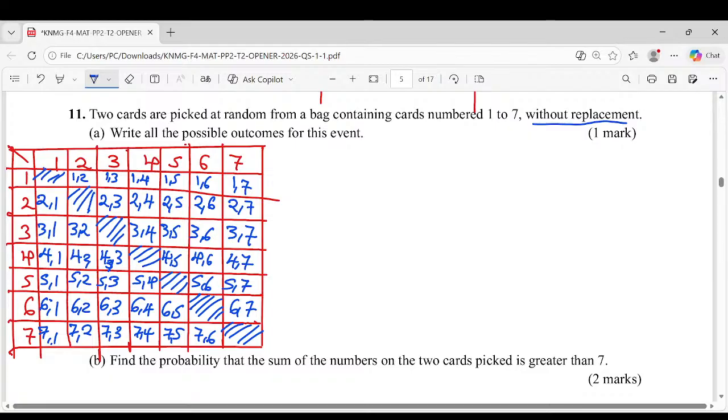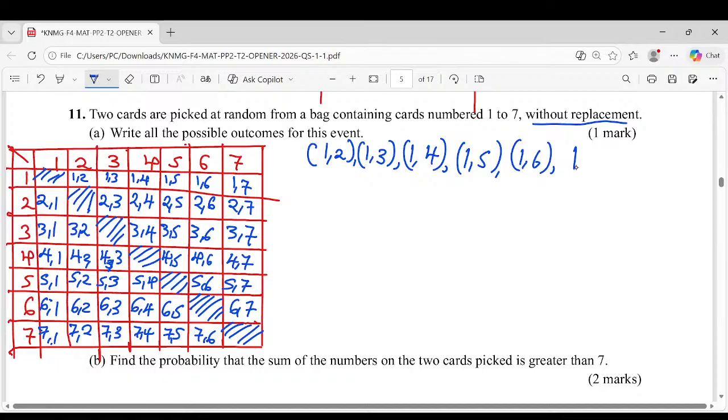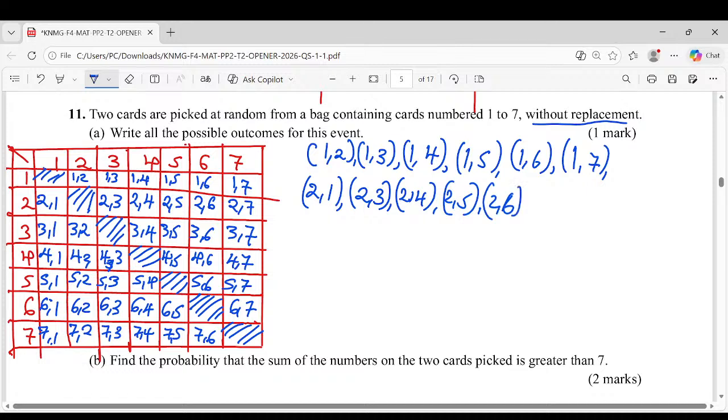We are going to have them in brackets: (1,2), (1,3), (1,4), (1,5), (1,6), (1,7), then (2,1), (2,3), because you cannot have (2,2), (2,4), (2,5), (2,6), (2,7),